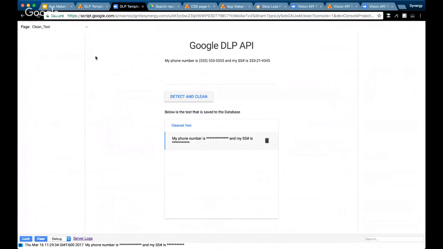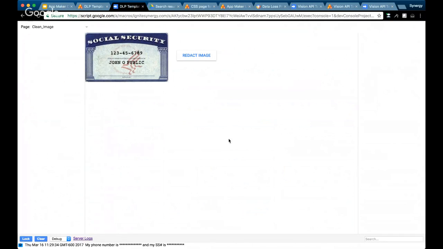or navigation or anything. The other thing that was really cool, though, was at the booth they had at Next. They had this little webcam set up there facing down, and they would put out phony social security cards and driver's licenses and things like that, and scan them in, and it would redact the information right off the image. And I thought, well, that's really cool if it can do that. I wonder if we could do that in AppMaker. So I, of course, found a social security card out on the internet, and this is John Q. Public, so obviously this is a fake